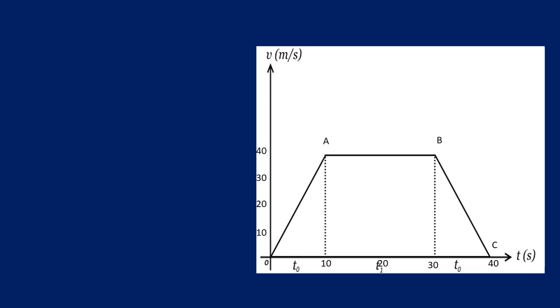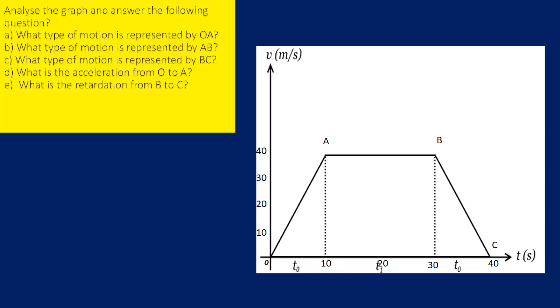Children, second question, please look at the graph that is given there and analyze it. You can see that the motion of the object starts from the point O. It's a VT graph and the motion stops at the point C. So OA, AB and BC represent different types of motions. So I think it is clear to you looking at the nature of the graph.